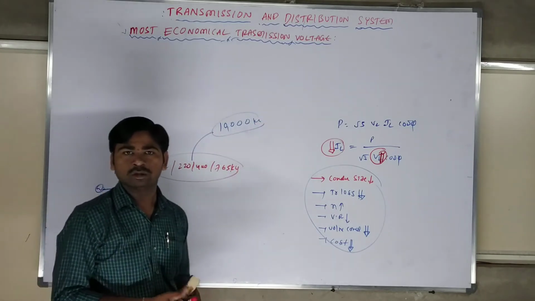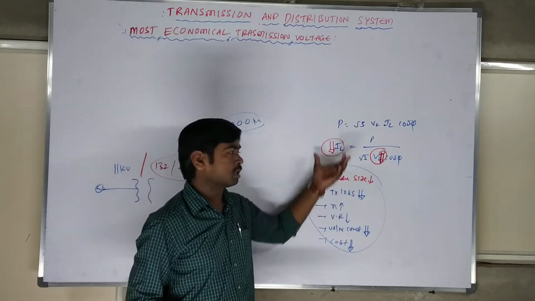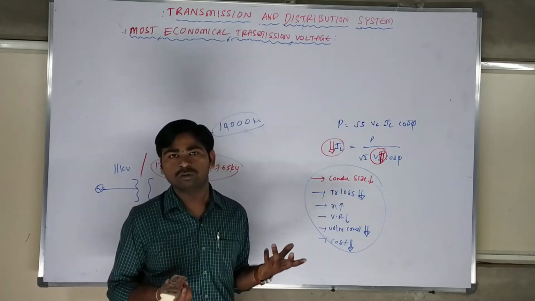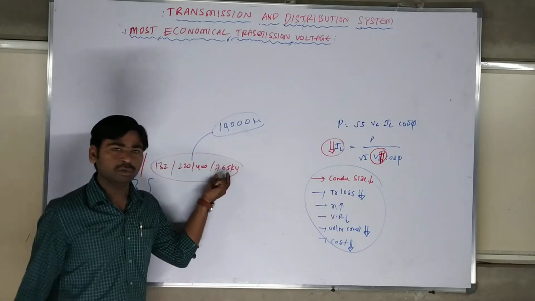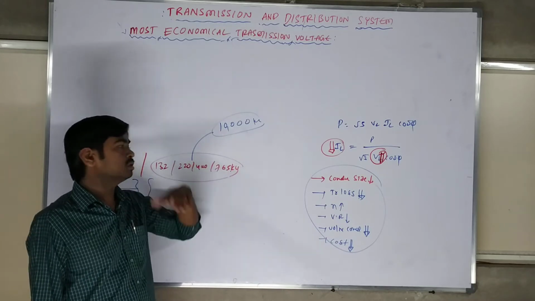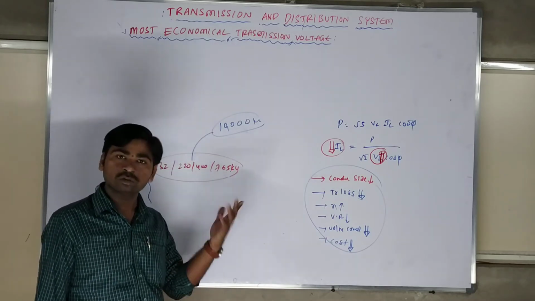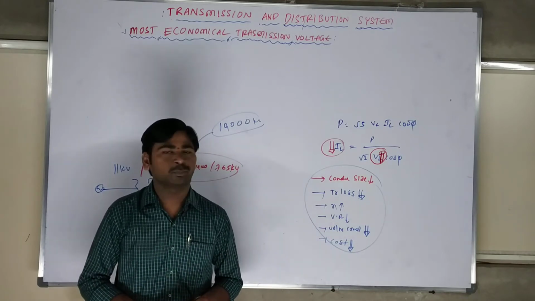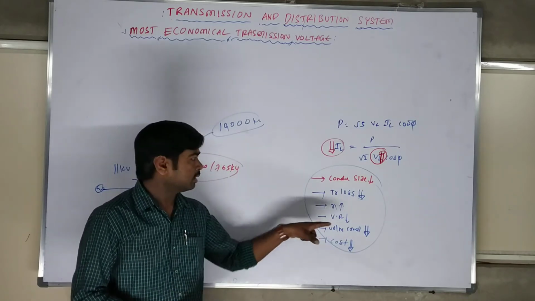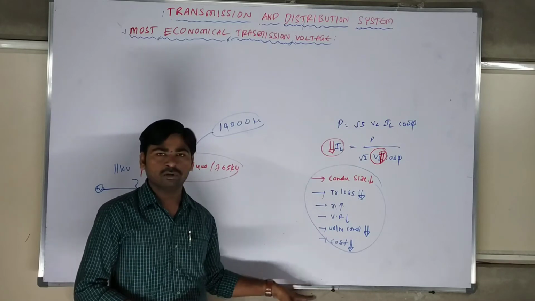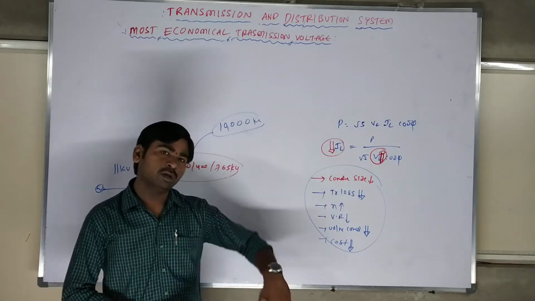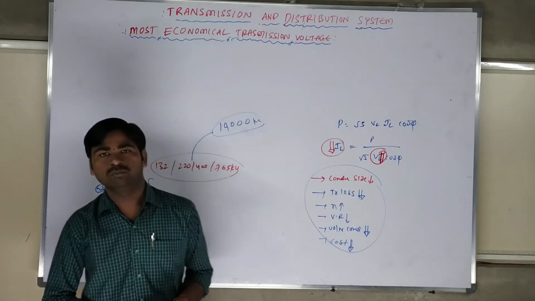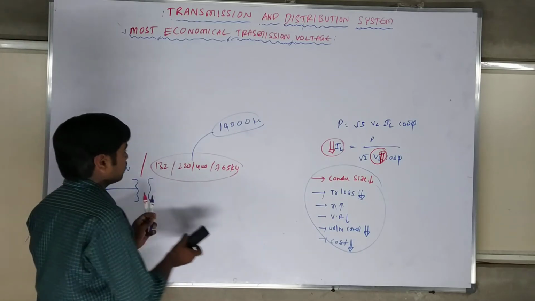What is the problem, sir? If we keep on increasing voltage, the current decreases. Everything is an advantage, sir. So why are you stopping at 765 kV? Can you go for 1,000, 2,000, 5,000, 10,000, 1 lakh also, sir? What is going to happen? No. The moment voltage increases, current decreases, up to the mark that is correct. If we keep on increasing the voltage, we have some problems. What is the problem? Later I will explain it.